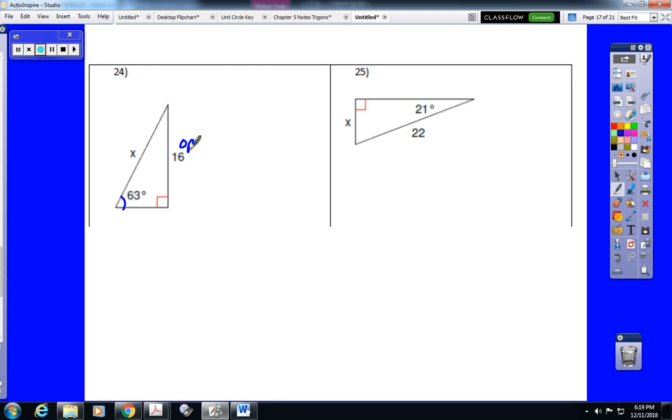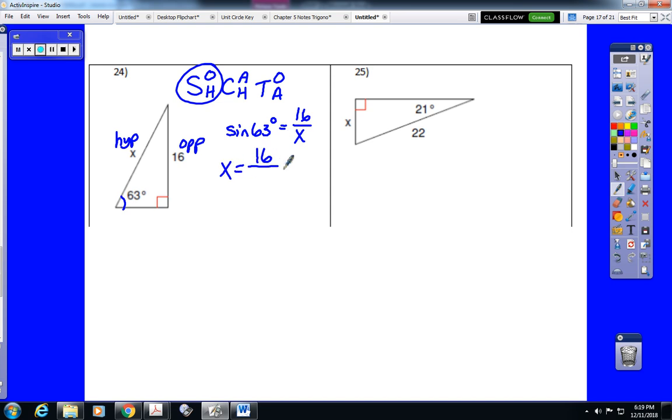All right, 63 degrees. We're given 16 is opposite, x is hypotenuse. So again, we're looking at SOHCAHTOA to figure out which one we're doing. We have opposite and hypotenuse, that is sine. So the sine of 63 degrees equals 16 over x. Now we've done two examples where x was in the denominator. Anytime x is in the denominator, we end up switching it with the left side of the equation. So x would be 16 divided by the sine of 63 degrees,